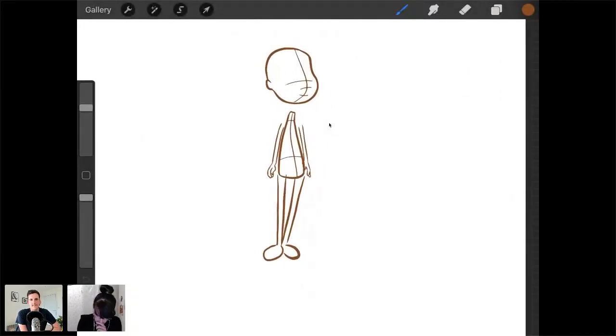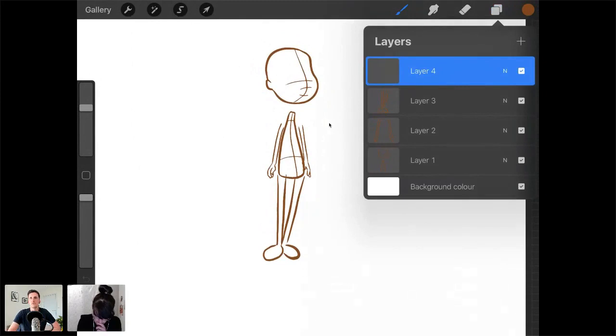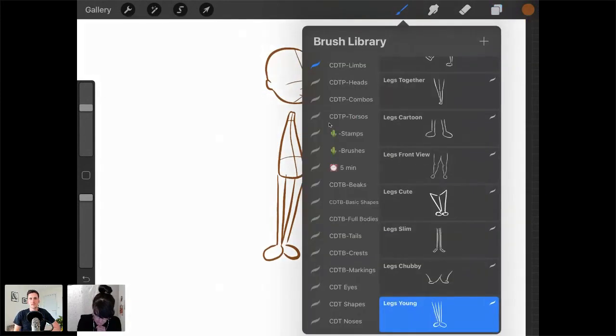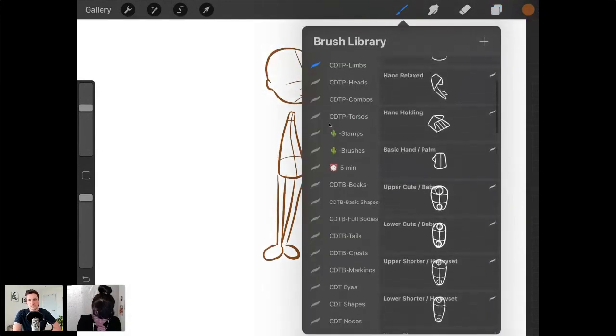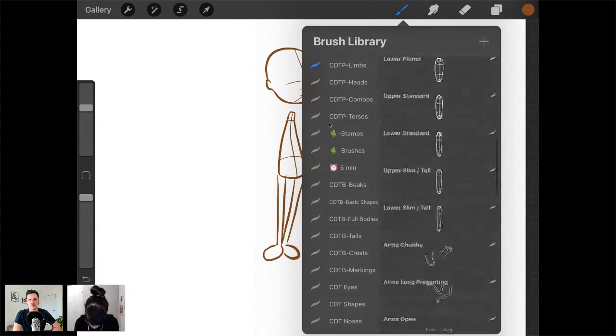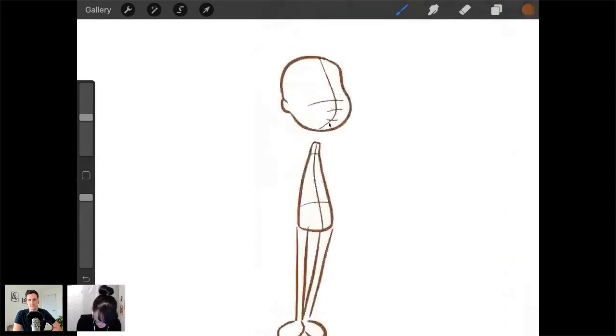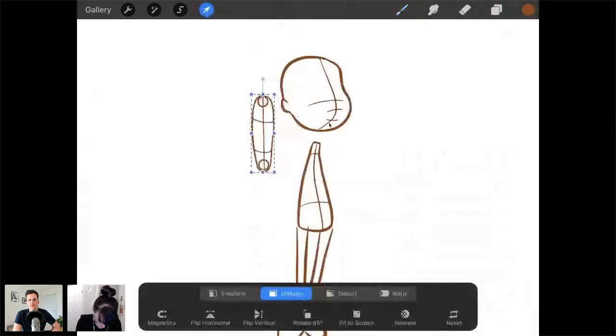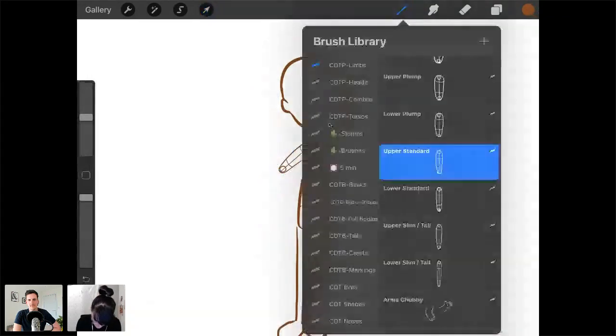Okay. So what you would do is, I've got what I call formal limbs, because they're just basic shapes of the upper and lower parts. So for example, if we wanted to use the standard, I would go with the upper part first. Bring that into position. And then